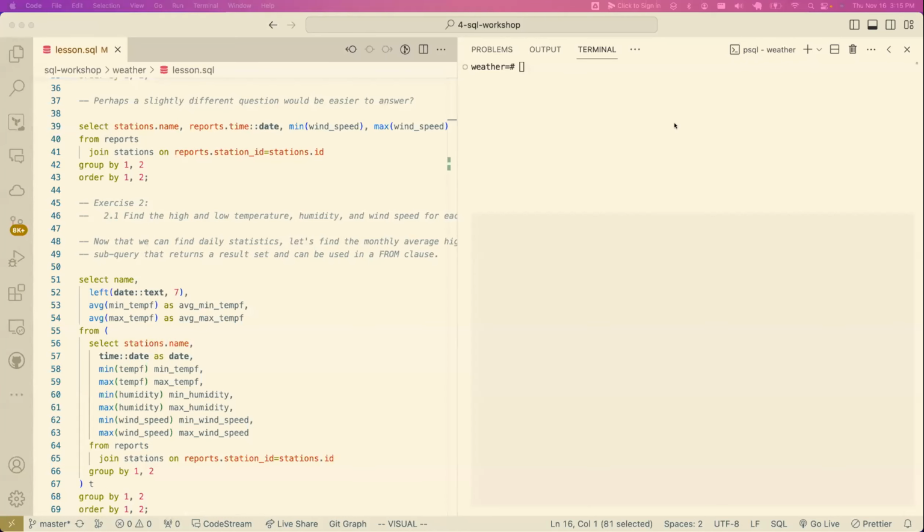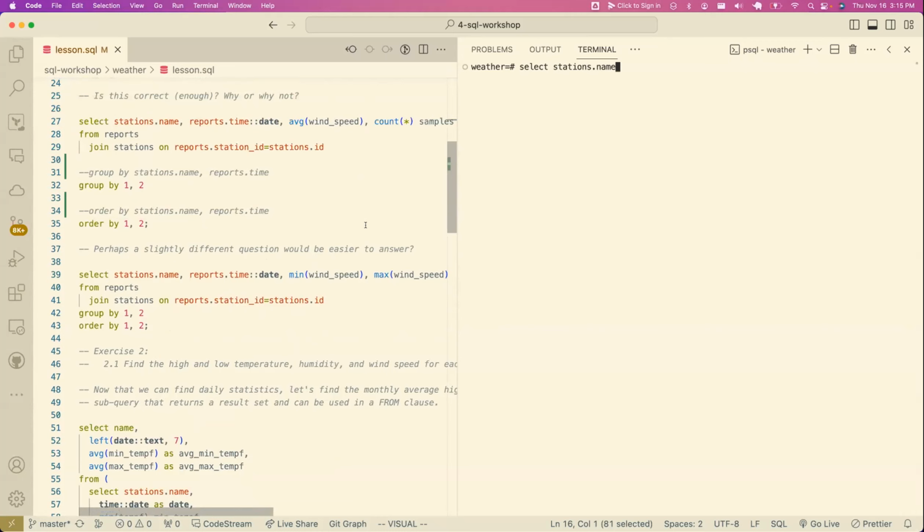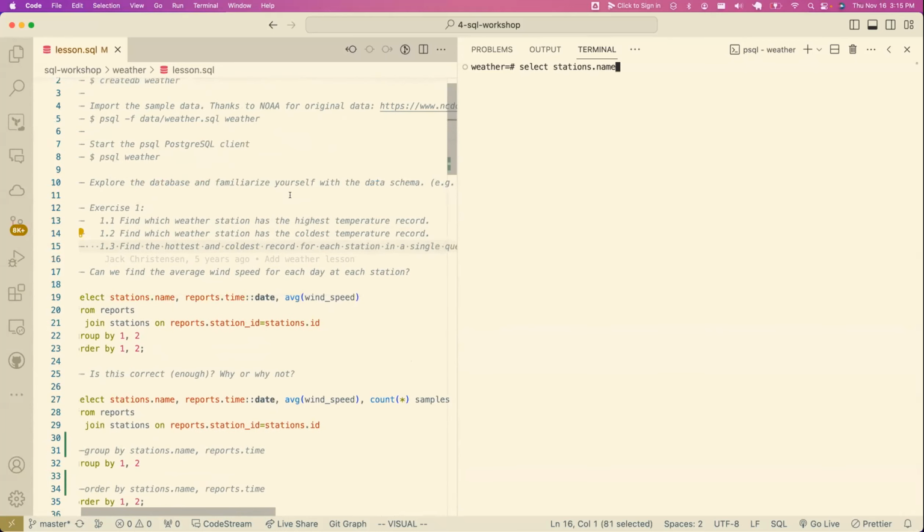And actually, I'm curious to see if what I'm thinking would actually work. And Aaron, thank you very much for demoing and sharing that. That was great. So let's see if this actually works. To get, let's see, what do we want here? Which station has the highest temperature report? So stations.name and reports.temp F, if I have that column name right,